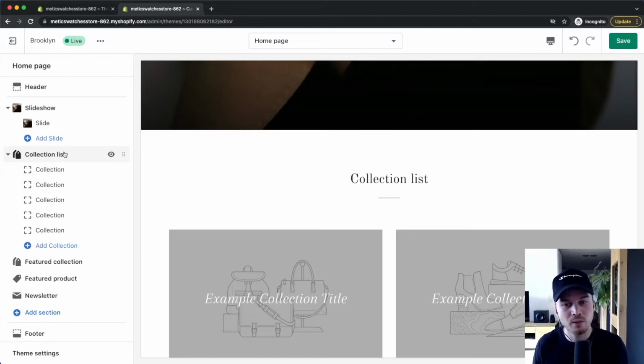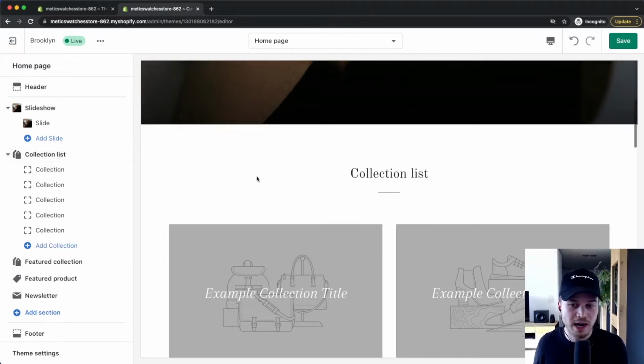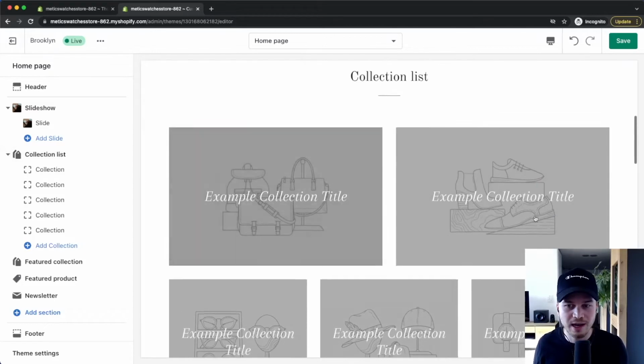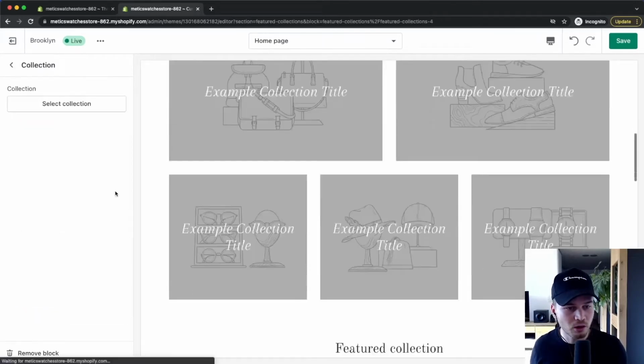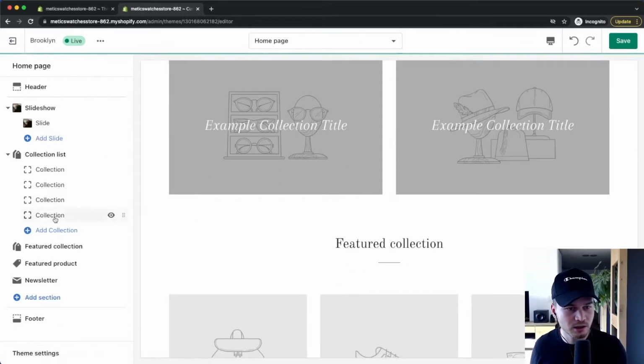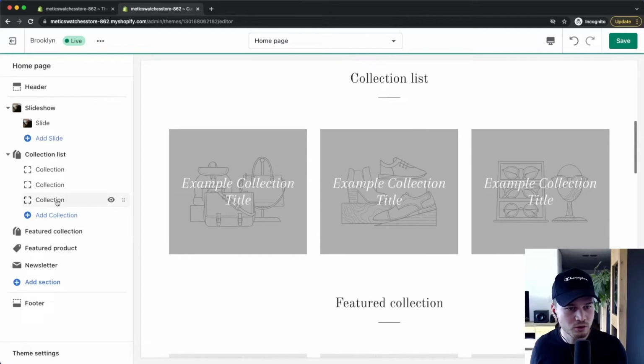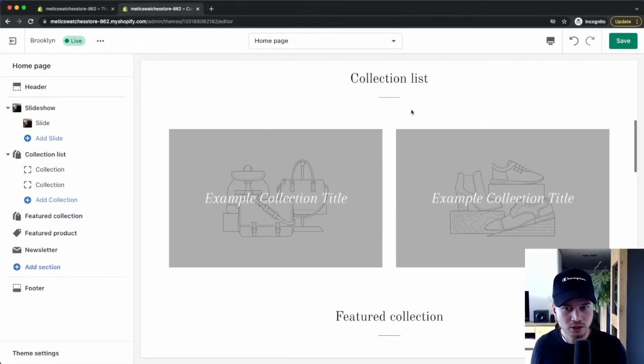So this is a great way how you can sort your products, and also a great way to guide your customers to the exact product that they're looking for. So what I want to do here is actually only have two collections, one for men and one for women. So what I'm going to do is I'm going to delete all the other collections until I only end up with two different collections, just like this.